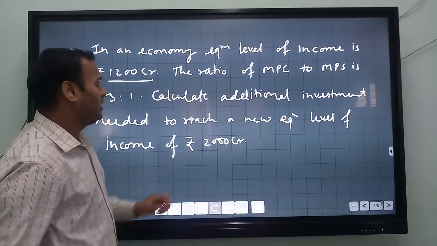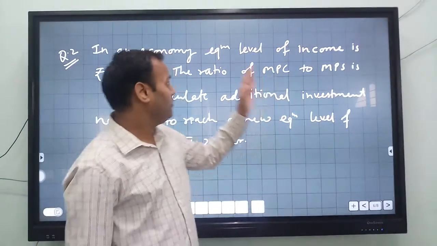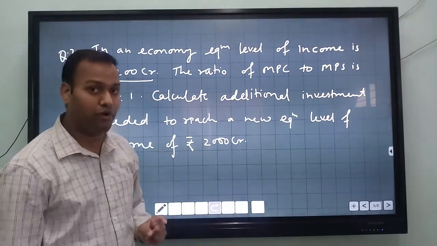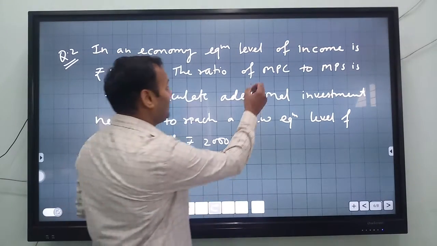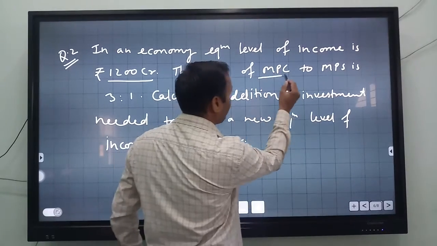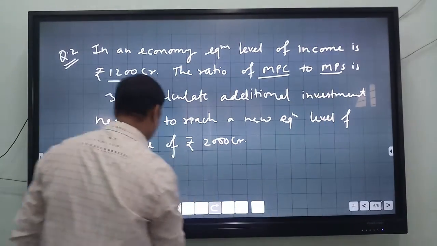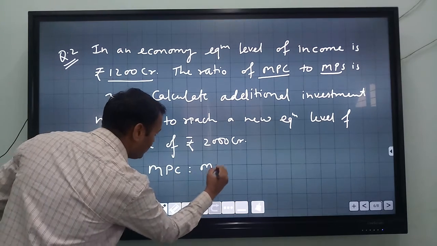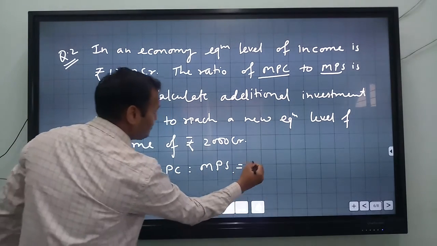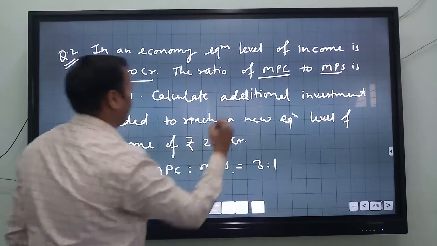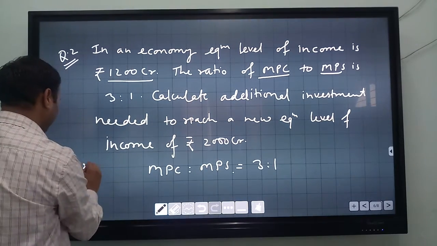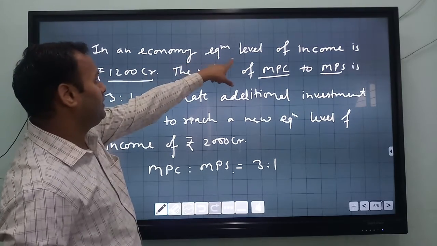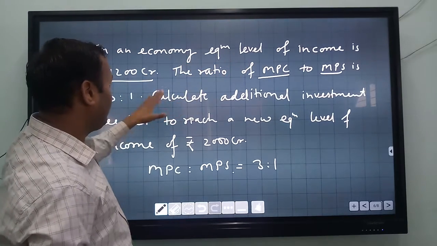400 CR, and the ratio of MPC to MPS is 3:1. Listen very carefully. Here, what does the ratio of MPC and MPS mean? MPC and MPS relation is 3:1. This we have been given, along with the equilibrium level of income, and now we have